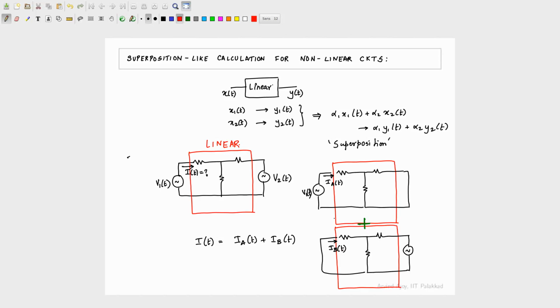In all of this, what I required was that this block was linear. So now, if this is not linear, what do you do? Apply superposition? Technically, you shouldn't. But what I will show is that you can actually do a very cute trick and then look at a nonlinear circuit,